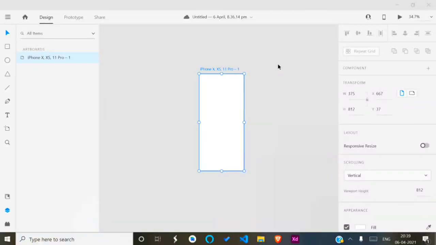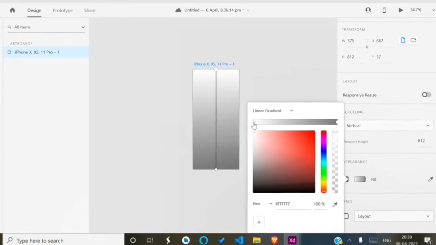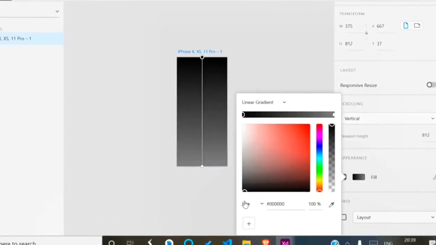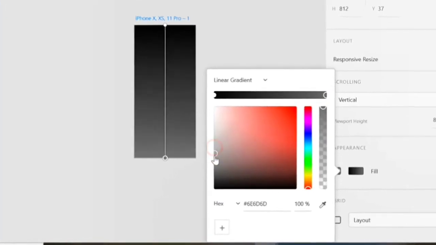So first create a new project and take a blank sheet. Now we have to change the background color. So select the fill option and select the linear gradient. So select the first pointer and give it pure black and select the second pointer and give it dark gray